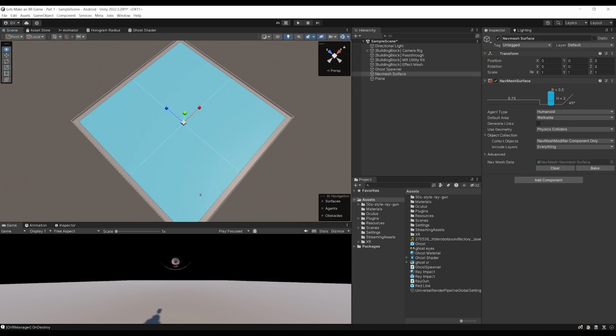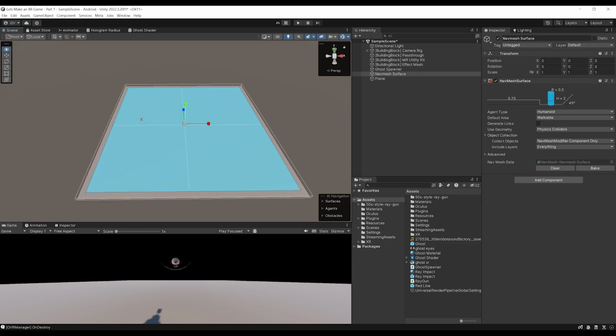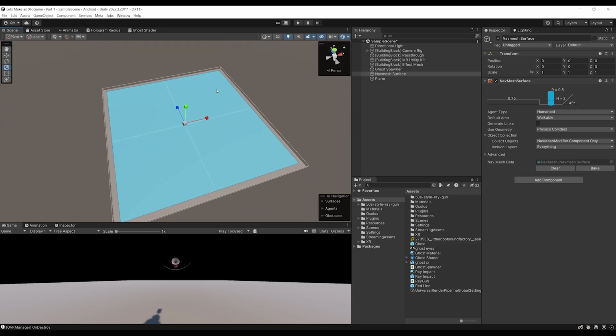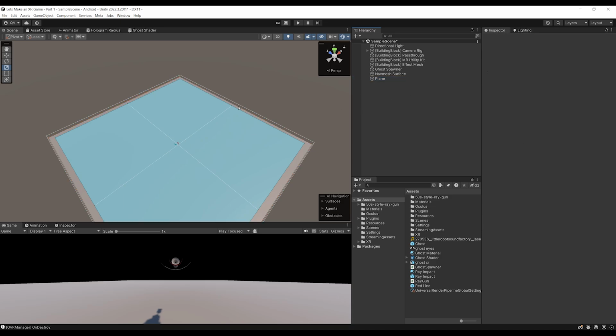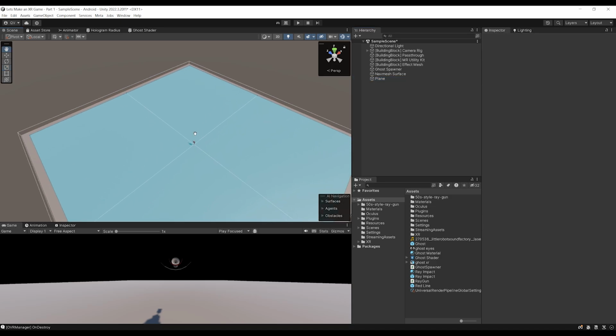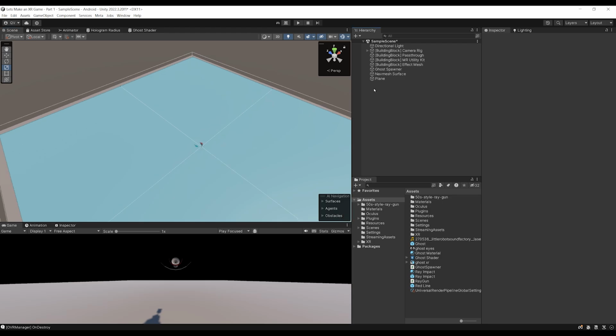As you can see, a NavMesh surface has been currently set for our game, which is the blue area, which took as data the plane mesh collider over there that has the NavMesh modifier. Now, if we wanted to go a bit further than this, for example, create some obstacle, we could right click,